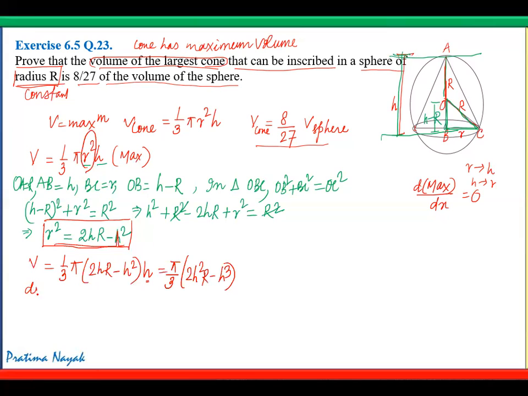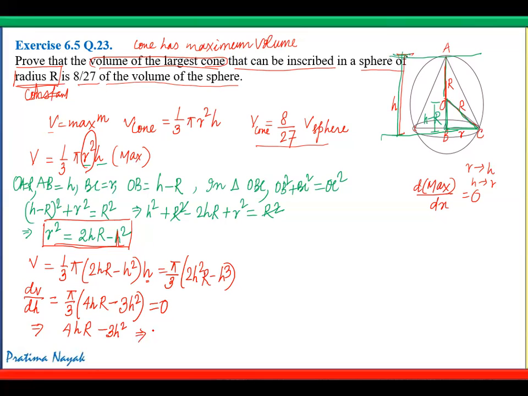Now I can differentiate dV by dH. And what about capital R? R is not a variable, it is a constant, we have already written. So this will be pi by 3. Now 2H square, its derivative will be 4H, into R, minus H cube, whose derivative is 3H square. So this is equal to 0 because volume is maximum, we have already written. So this gives you 4HR minus 3H square is 0,